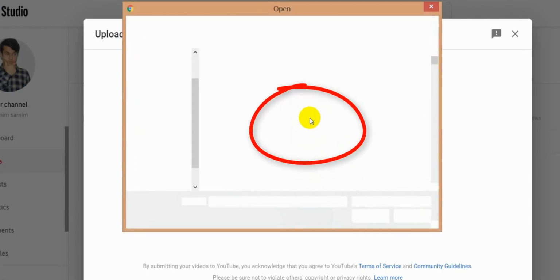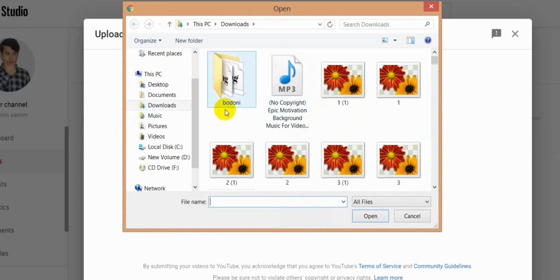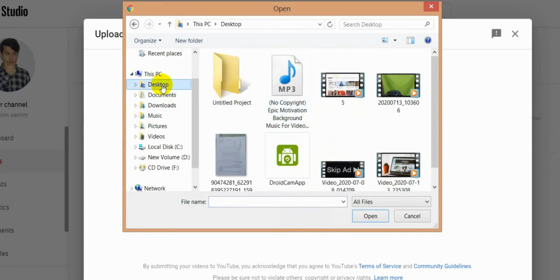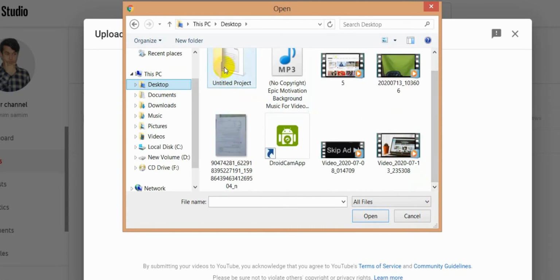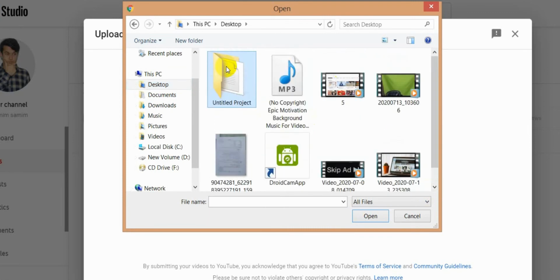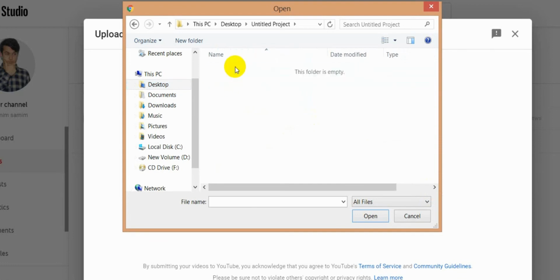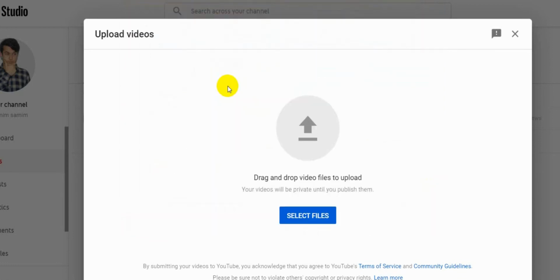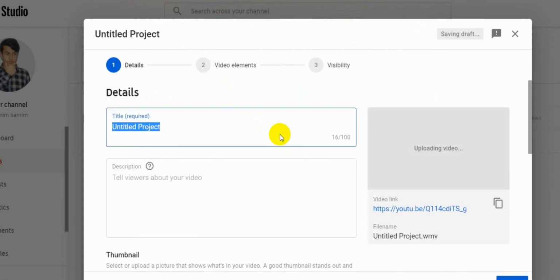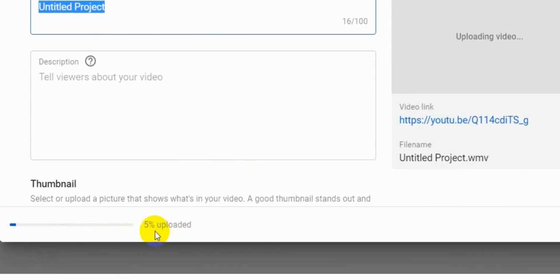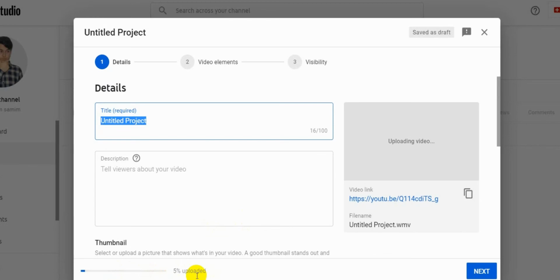click on the vector and go to your file and find your video. There's my video. I want to upload this video. So it depends on your internet speed how long it takes sometimes, and here you can look uploading 5%, uploaded 5%,